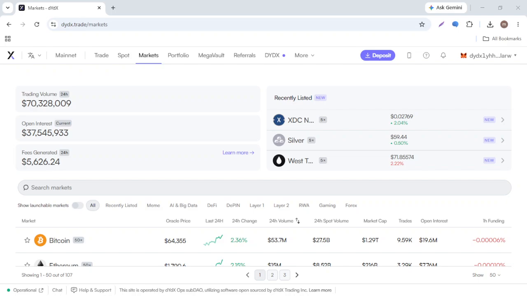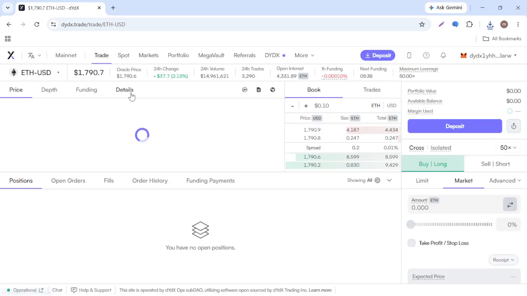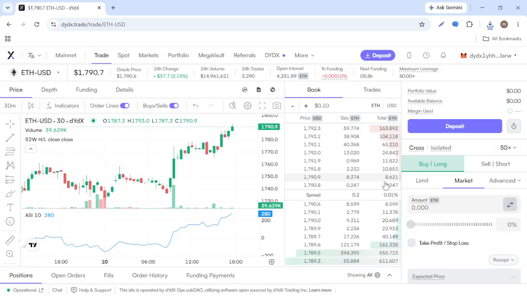In today's video, I will walk you through how to draw trend lines on dYdX charts. To begin, navigate to the dYdX trading interface and open the market you want to analyze. Once the TradingView chart is displayed, look for the Drawing Tools toolbar, which is typically located along the left side